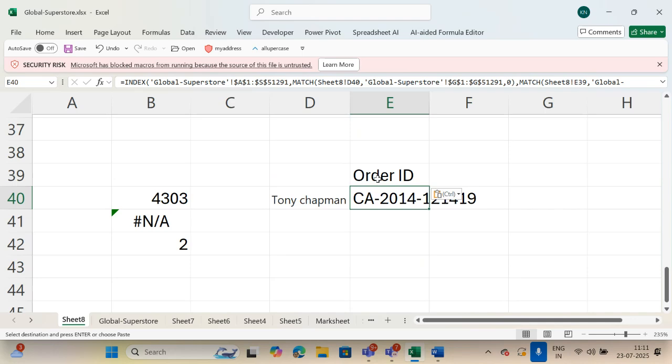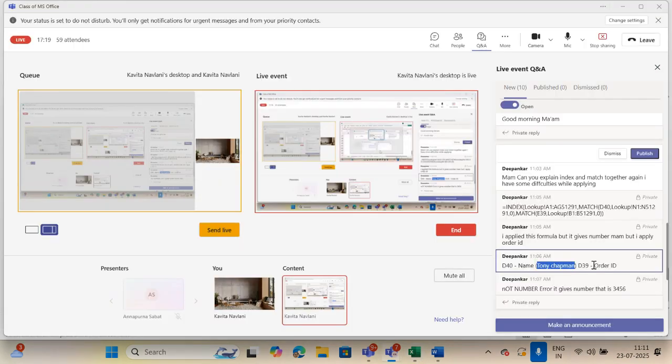Now, what is your function mistake? As I can check here, when you gave me the function, N1 to N5129. See, the second lookup, that is match B39, lookup B1 to B5139 should not be there, because you should not provide the column range. You should provide here the row, heading row. So it should be B1 to AG1.